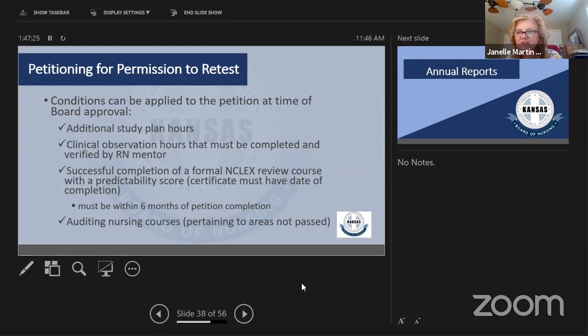We are not saying to you all, you are required to accommodate them, because of course that's not our job either. But I would just think about, I don't know how often you get this. I know there are some schools that probably get this more than others because they're in areas where we have more applicants. So Kansas City, Wichita schools may have more questions about that. But I did get one question last year and I thought it was a good one: no, KSBN is not requiring you to do that.